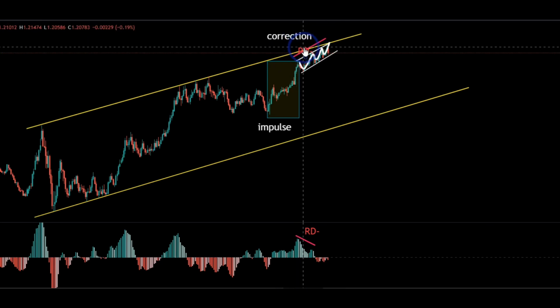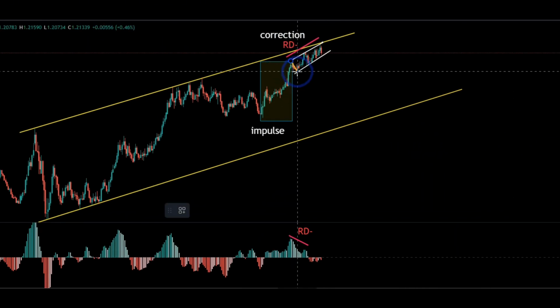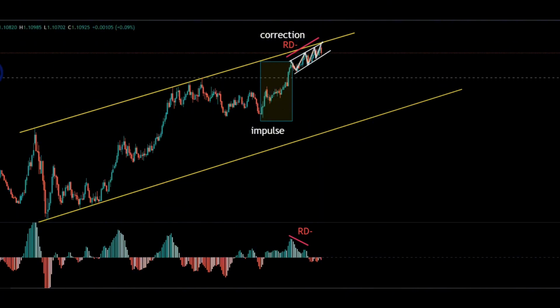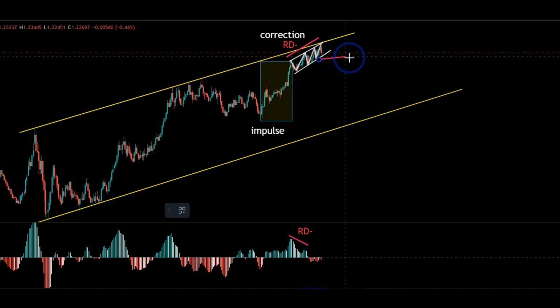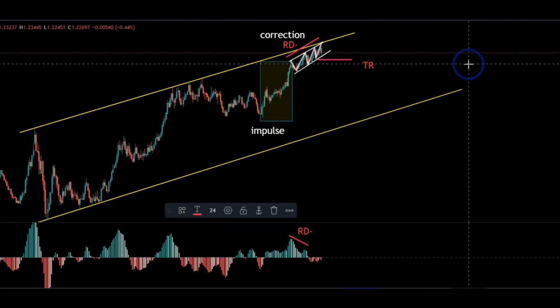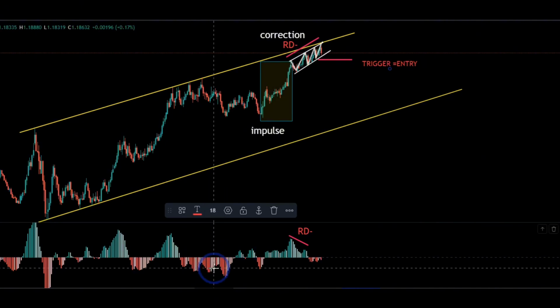The key indicators of this pattern are the decrease in buyer power and the regular divergence seen in the MACD, which suggests that while the price is increasing, the MACD fails to confirm this, hinting at a potential price reversal. Once the price triggers our entry, it begins moving toward the bottom of the channel, where we set